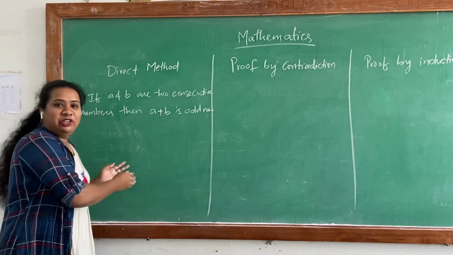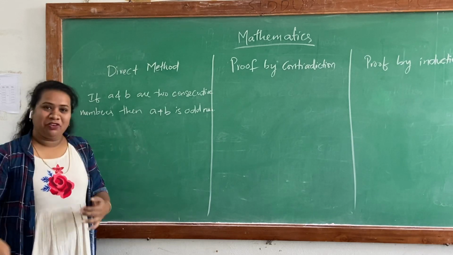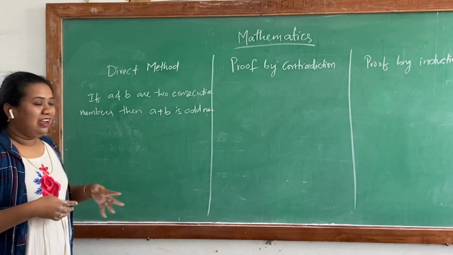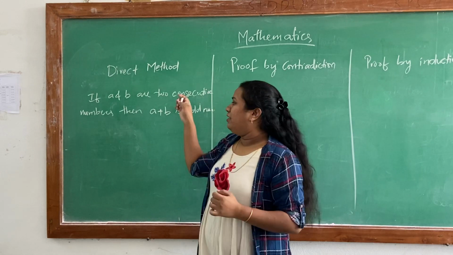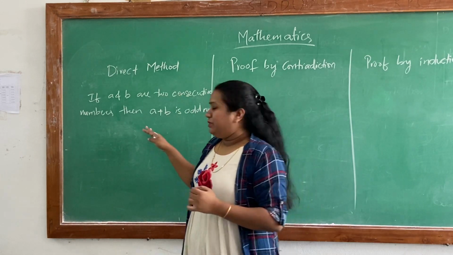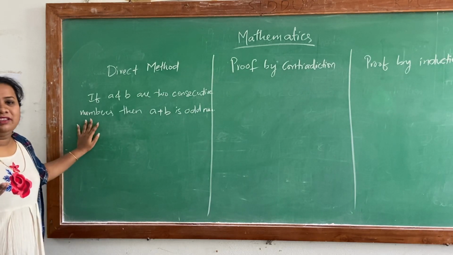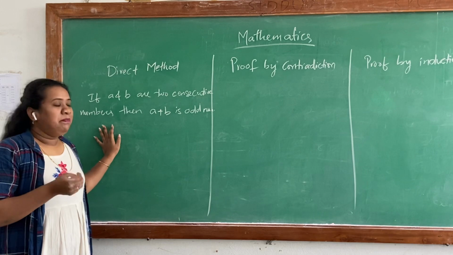So even though the statement of the theorem is obvious, some of us tend to memorize the proof of the theorem just to score good marks in exam maybe, I don't know. So now we will prove this theorem using this direct method. These are all obvious statements. First thing, we will use the definition of consecutive numbers. Everything is using the definition of consecutive numbers.